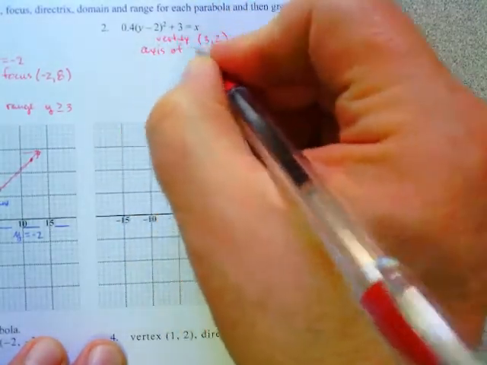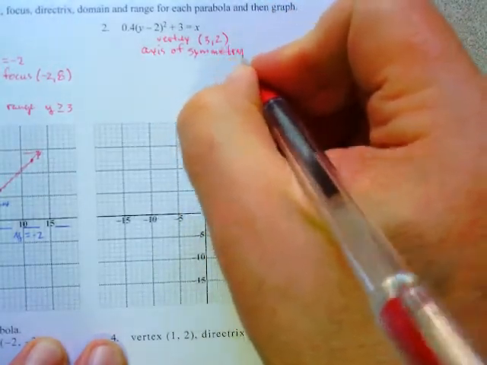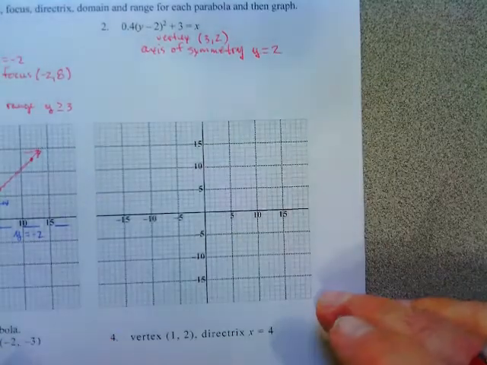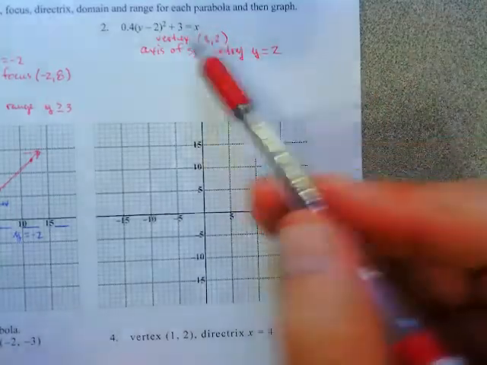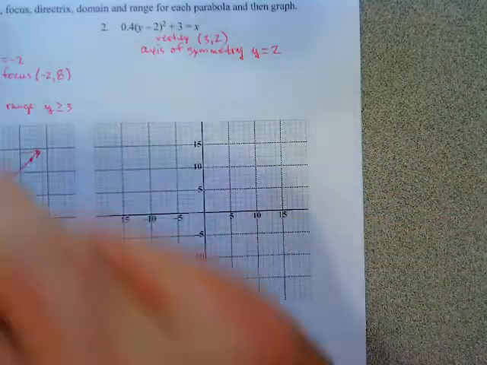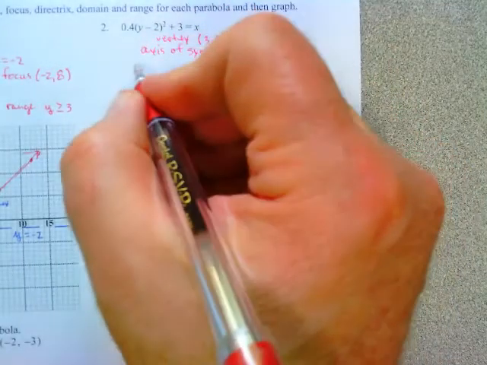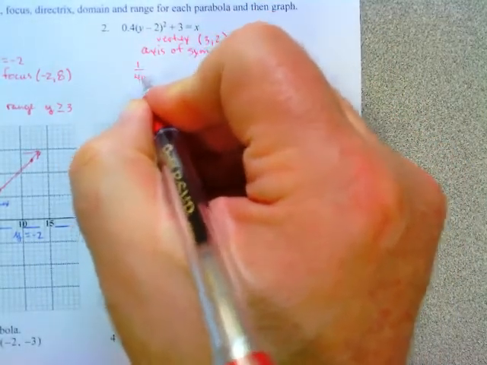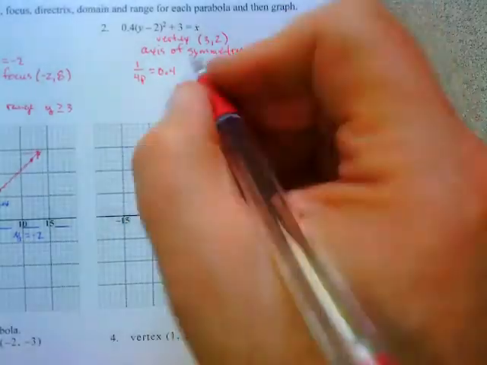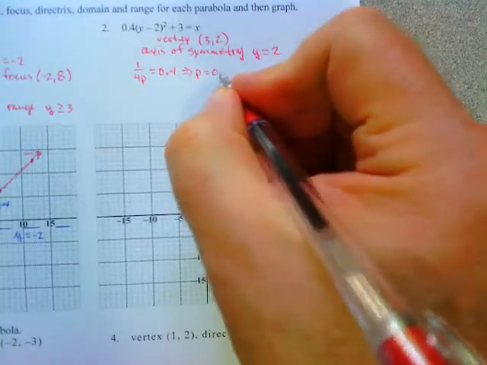Axis of symmetry is y equals 2. Again, since we've switched the letters, here the axis of symmetry is going to be horizontal, where over here it was vertical in the other one. Alright, so in this case, 1 over 4p equals 0.4. That leads to p equaling 0.625,